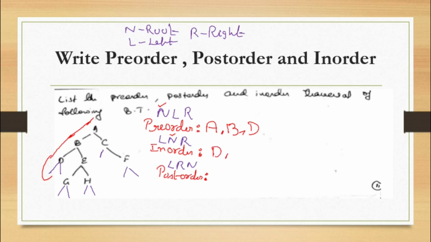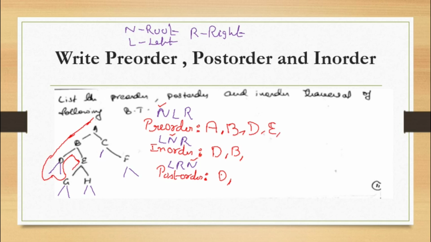Then you visit D for the third time. That means last visiting, N is in the last, so it is post order. You'll write it in post order. Then you turn and come back to B for the second time, so here you have to write it in the in order. Then you turn and go down and find E for the first time, so you have to write it here in the pre-order.